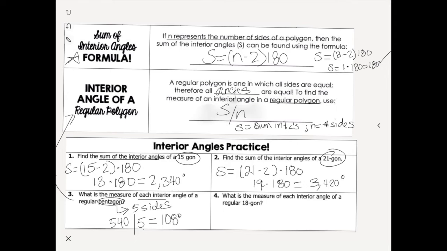Number 4 says, what is the measure of each interior angle of a regular 18-gon? So that's 18 sides. Now we don't have this in our chart, so we're going to use the first formula in order to figure out the sum of the interior angles for an 18-sided figure. So we're just going to do S is equal to (18 minus 2) times 180, which means that's 16 times 180, and that is equal to